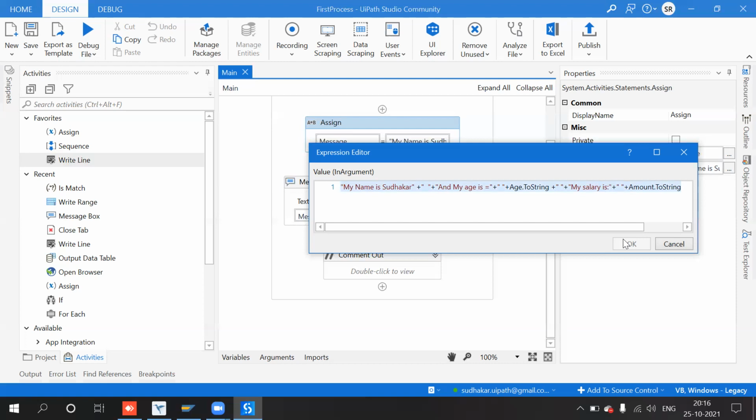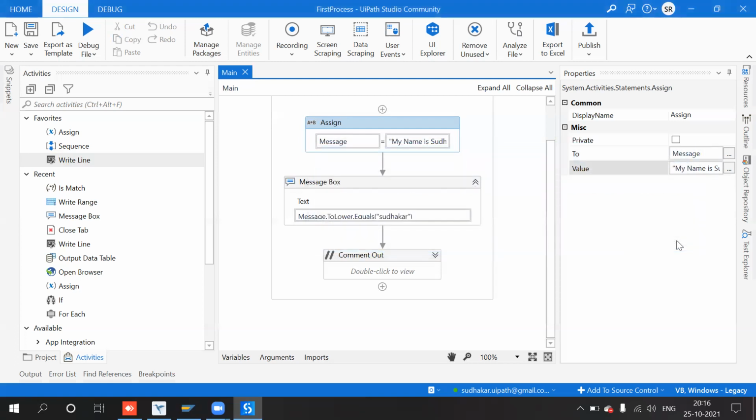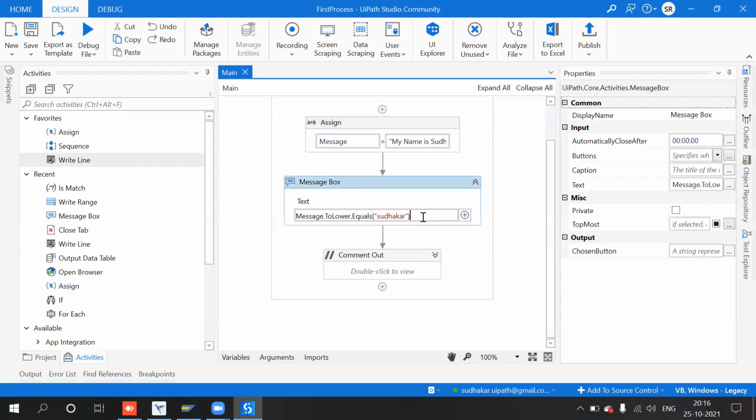And we have seen different functions like to lower, to convert into lower case, or to upper, to convert into upper case. And if you want to search whether a particular string is available in a particular text, we saw contains. And this is the message, right? So here we converted message dot to lower dot equals of.